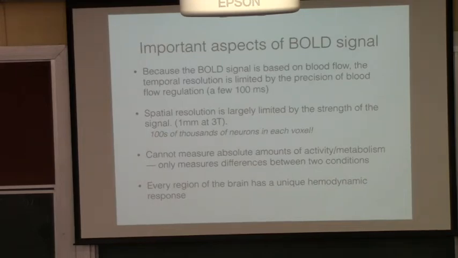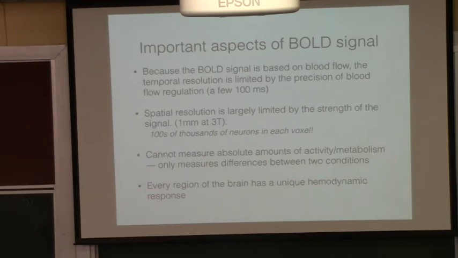But here, when you see those blobs in the brain, those are hundreds upon hundreds of thousands of neurons responding to a stimulus. So it's really hard to know selectively what different neurons are doing. And the other thing is you can't measure absolute amounts of activity or metabolism. You can only measure differences between two conditions. So fMRI signals are always relative to a baseline. And we'll go into that when I explain some of